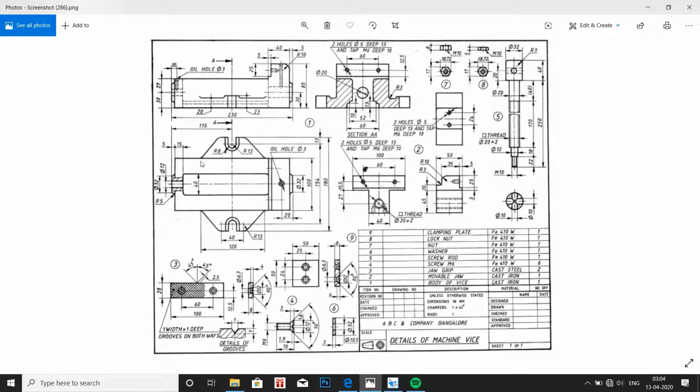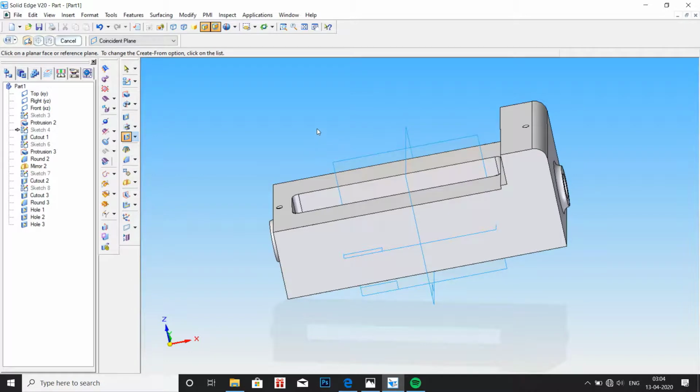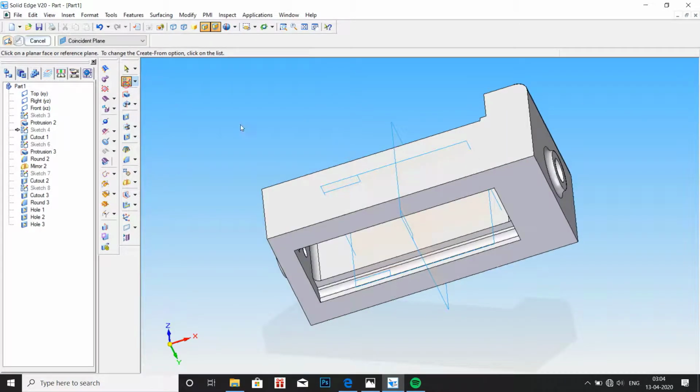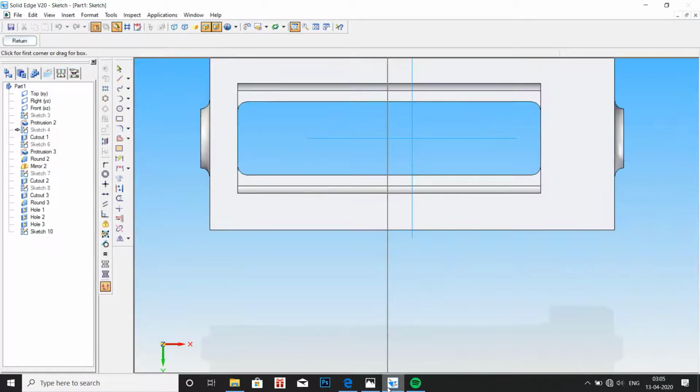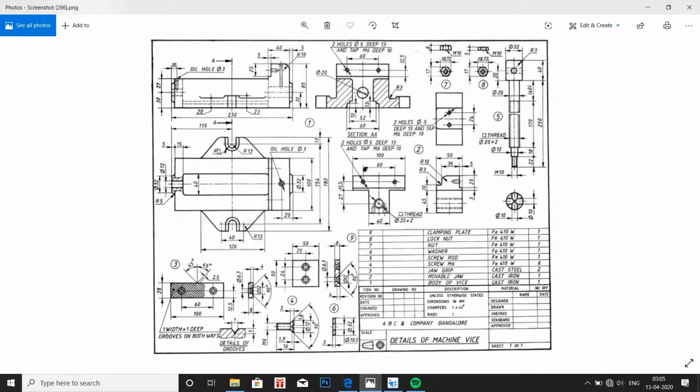So now we have to produce this structure, which is used to clamp the machine wires to the table. So click on bottom surface, zoom in, and here we can see that it is at a height of 180 from one end to the other. So from center it will be at 90, and here the width of machine wires body is 100 mm, so half of that is 50. So from this surface it is at a distance of 40 mm.